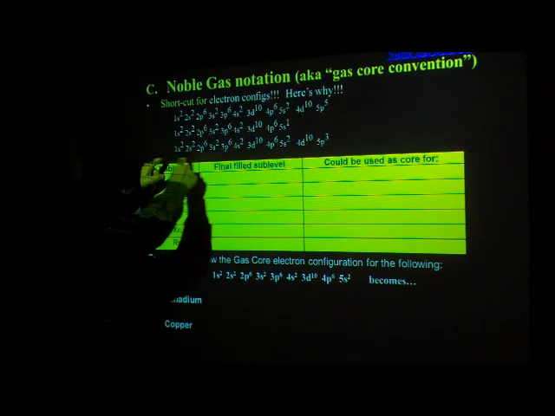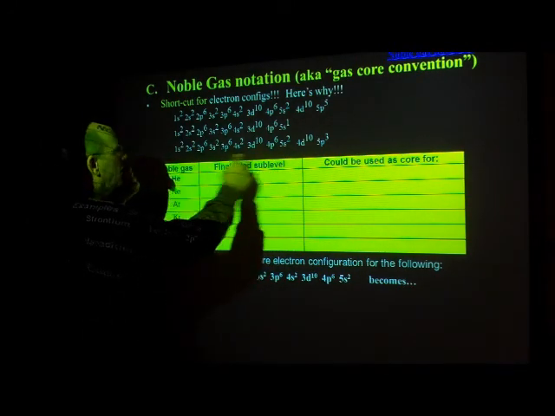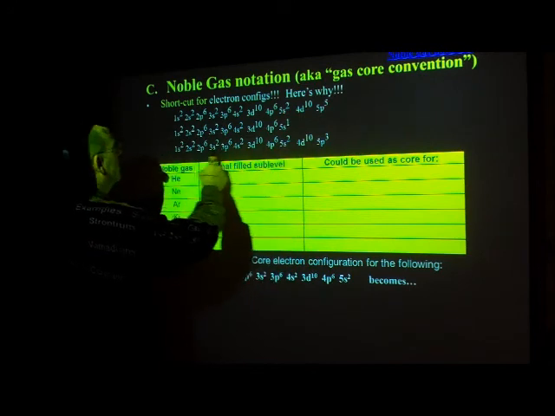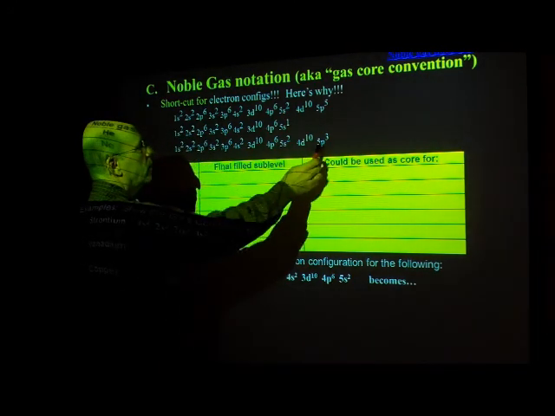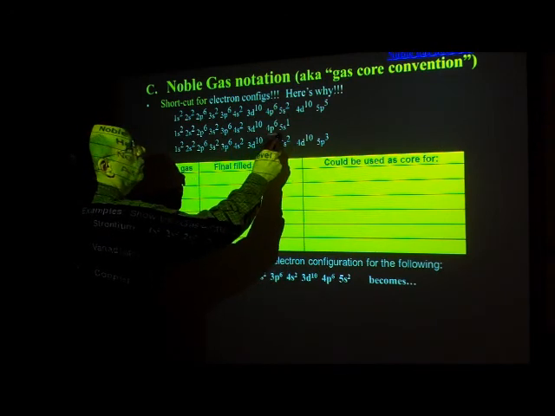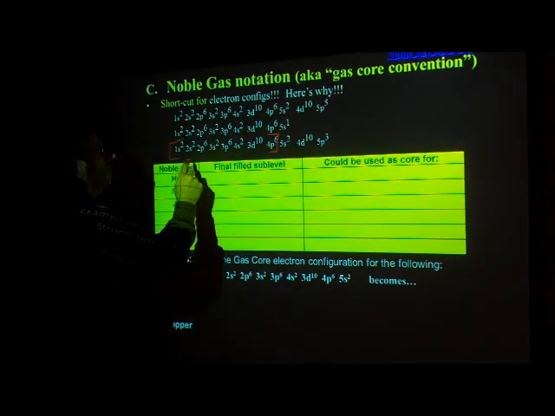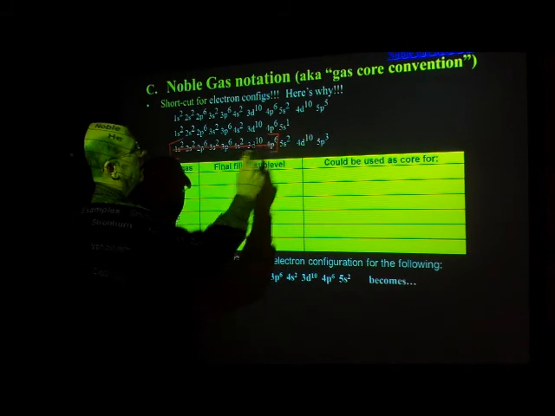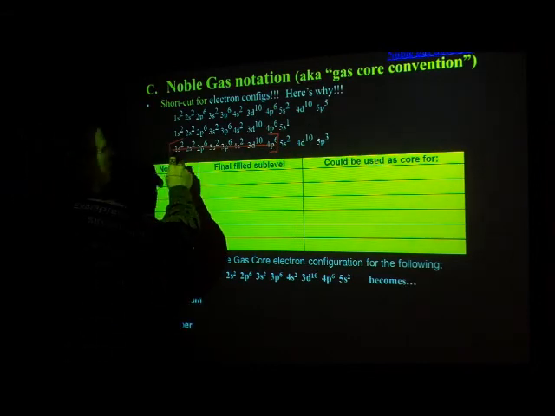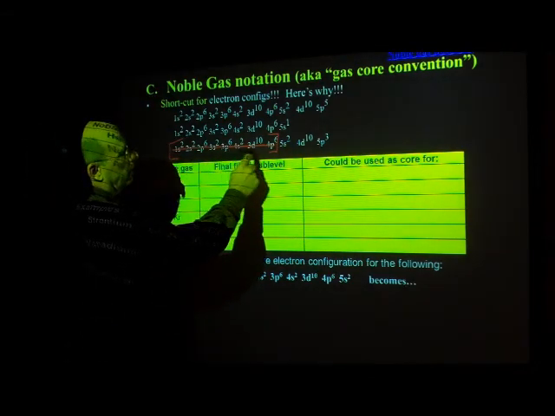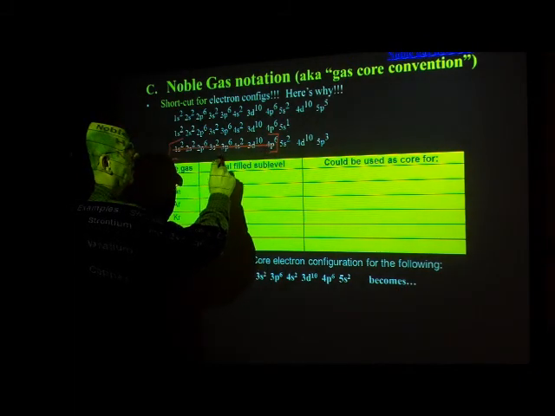So for these great big giant atoms like this one, we figured out, well, what's the biggest noble gas inside of there? And they all end with p6, something or other. So this one, if I go backwards, I say, oh, there's a 4p6. All this stuff in here, I can just ignore. And 4p6, look at the periodic table. Krypton is in the fourth row down. And so instead of writing 1s2, 2s2, blah, blah, blah, all the way up to 4p6, we write down Kr,